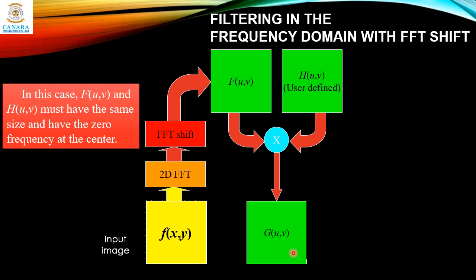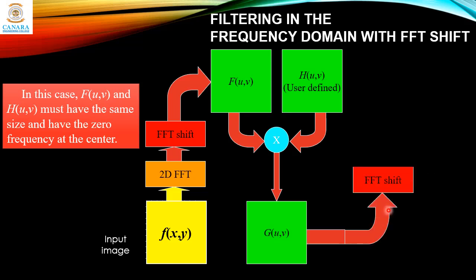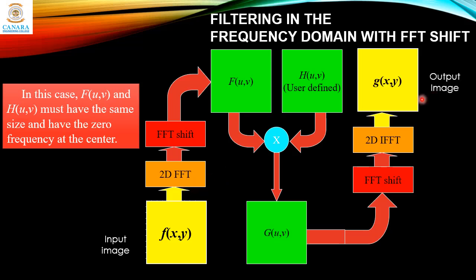Now we cannot view this because it's in frequency domain, and it makes no sense to try to view this. Viewing is possible only in the spatial domain. That's how we see things. We cannot see or feel things which are in frequency domain. So we need to get it back. For that we will perform the inverse of this FFT shift, which means we'll do the FFT shift again to realign the image, and then we perform a 2D IFFT, the inverse of this 2D FFT, and then we have the output image g of xy in spatial domain.